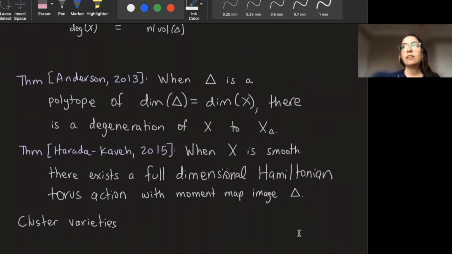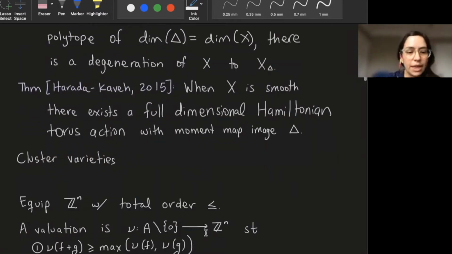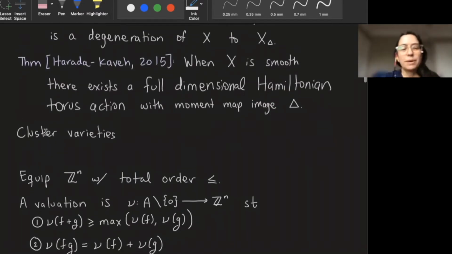And they use this to give a mirror symmetry framework for Grassmannians, using positons, which is very beautiful work. But I'll touch more concretely into this because even in the work with Megumi, we encountered a connection to cluster varieties. But now let me give you